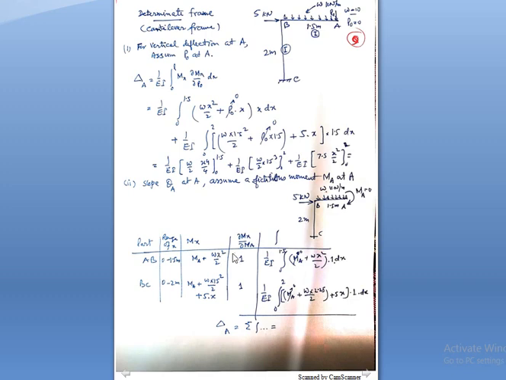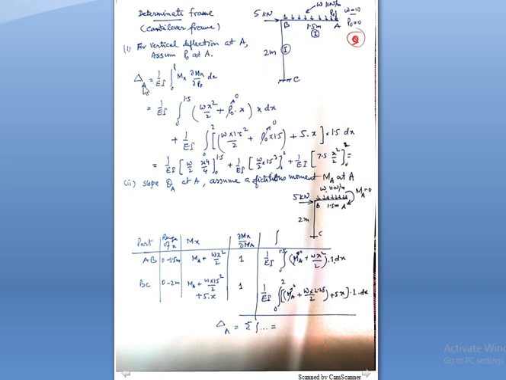We can also likewise find the derivative of the moment here and here, and the range of x is also there. What do you mean by range of x? It means this moment Mx is applicable from A to B, that is from 0 to 1.5 meter, and then BC. So this is part AB and part BC. So let us start from here.